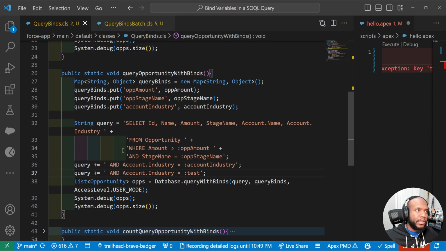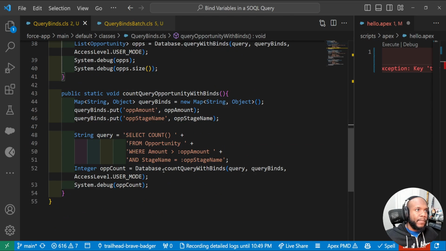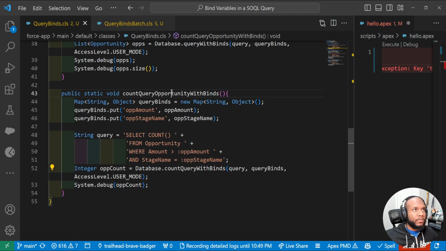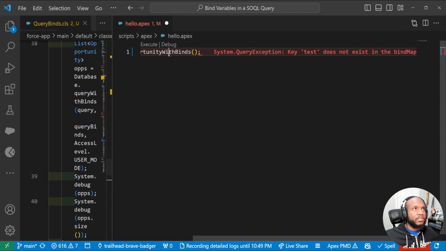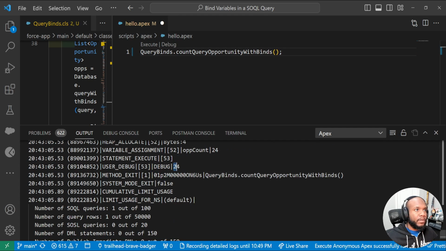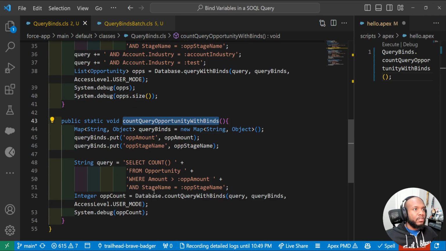And then really quickly, I just want to show some of the other with binds methods that exist. So there is the countQueryWithBinds, and this just returns an integer, really cool and can be very useful. Let's jump over and run this, and we should be seeing a number getting returned of 24. So we're using all of those same bind variables to then see an integer count. There is also the